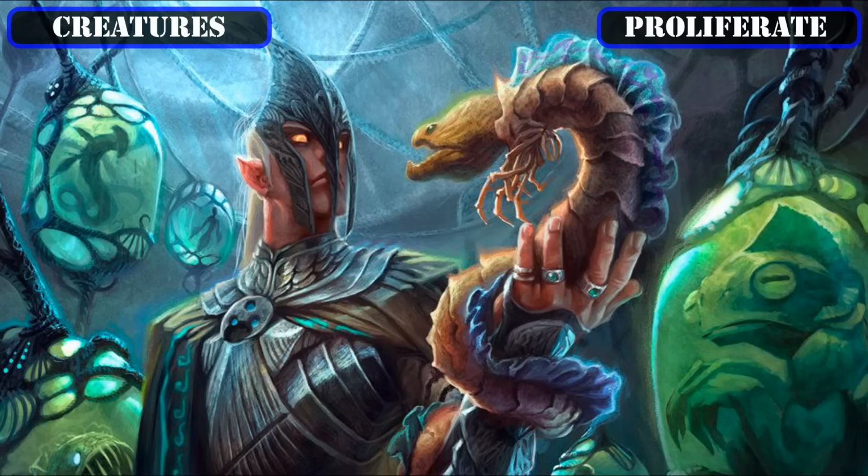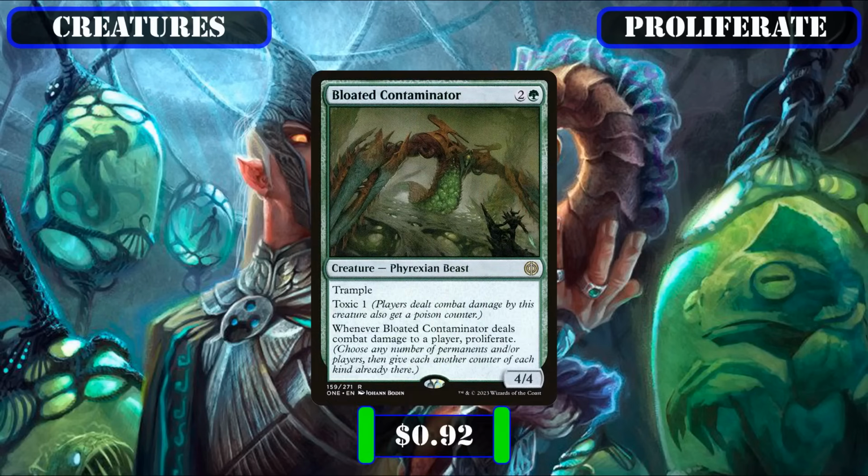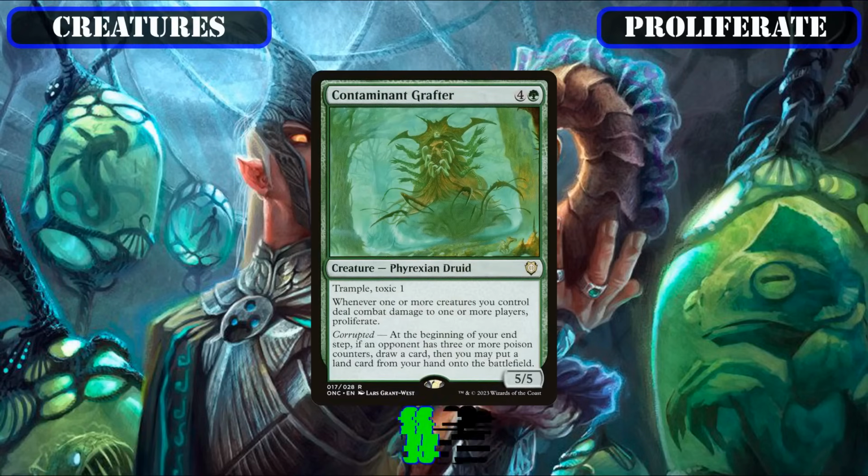Then, on the slightly more evil side of things, we'll also be including Bloated Contaminator, which also proliferates on damage but opts to crash through blockers instead with Trample, and, on top of that, also has Toxic 1, which is incredibly dangerous in this build for any opponent it connects with even once, thanks to this build's various counter-multiplying effects. Contaminated Grafter, which turns all our creatures into on-damage proliferators, is another toxic trampler